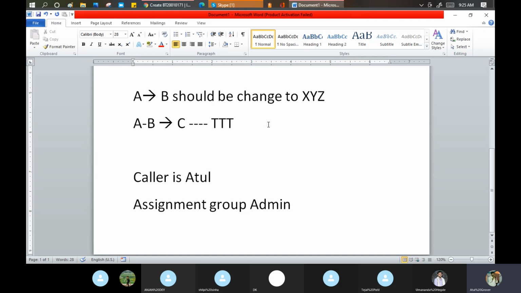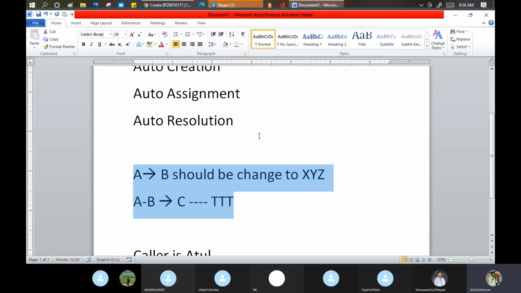Because if they keep it like that, and some agent has to pick it up and check what to do with it, then the SLA will be breached. So to sort out these things, we have a data lookup in place. And this is one of the basic examples of automation.